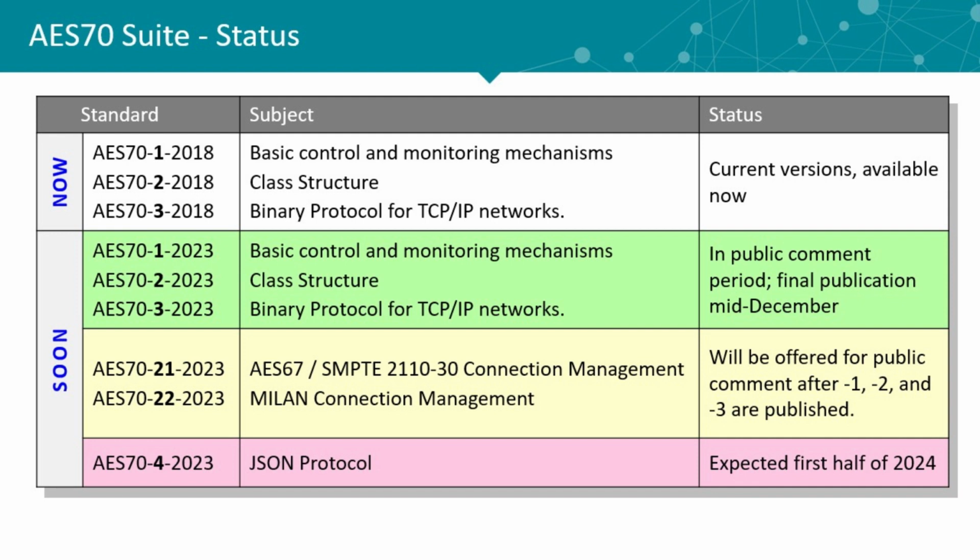The comment period for the green stuff ends in the middle of November. So from the middle to the end of November, we'll be dealing with any comments that we received. Historically, there haven't been very many in the previous versions, but maybe it's different now. Once those comments are resolved, those green things will be published as formal standards. And once they're published, the yellow stuff will be released for public comment, with the same process, a 6-week comment period. And then the red thing, well, we're still developing that, so not sure when.